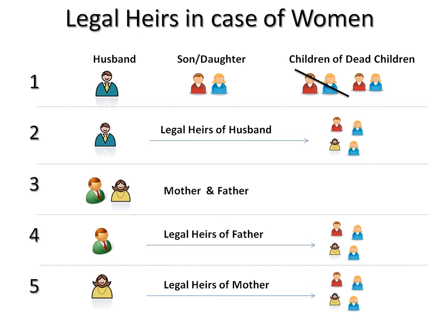If there is anyone present in the first layer, then all the wealth goes to them in equal proportion. If there is no one in the first layer, only then the second layer comes into picture, then third, and so on. So this was the case in case of woman. Now this is the case when the woman has acquired all the property or all the wealth by herself, or she has got it from her husband.